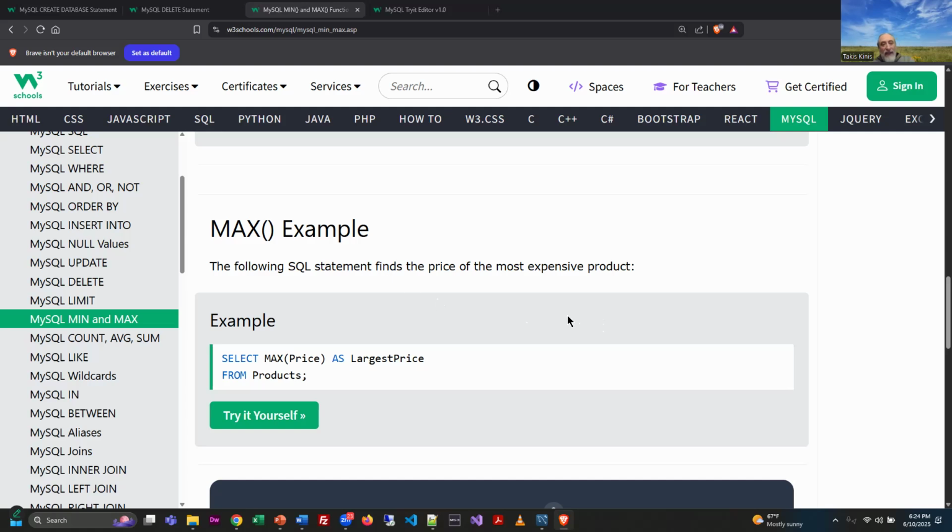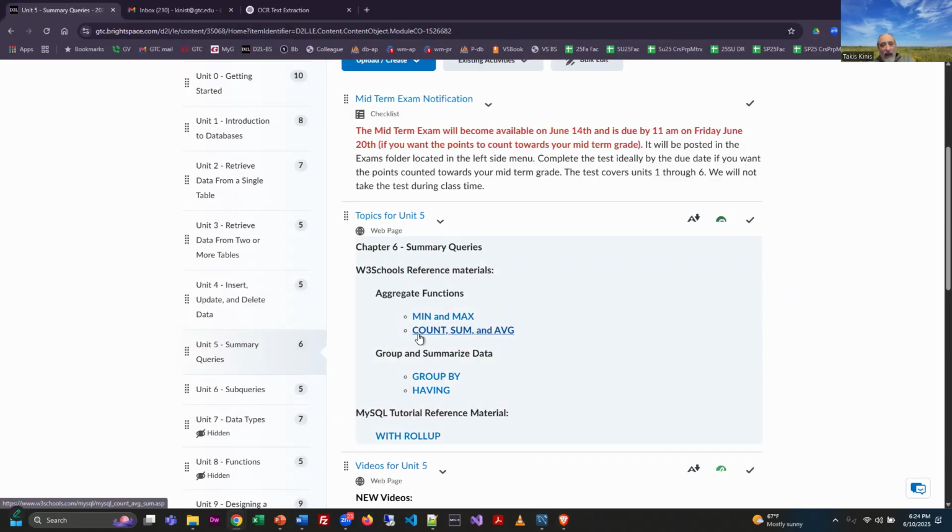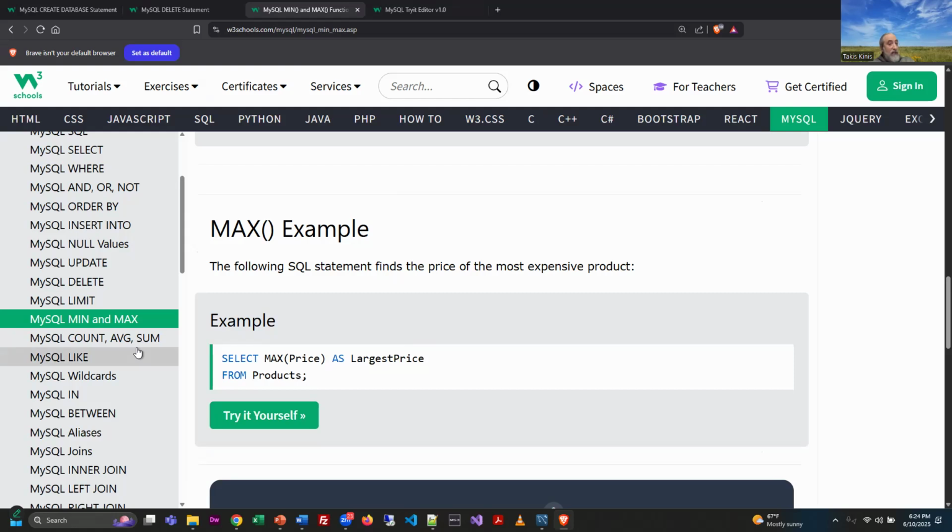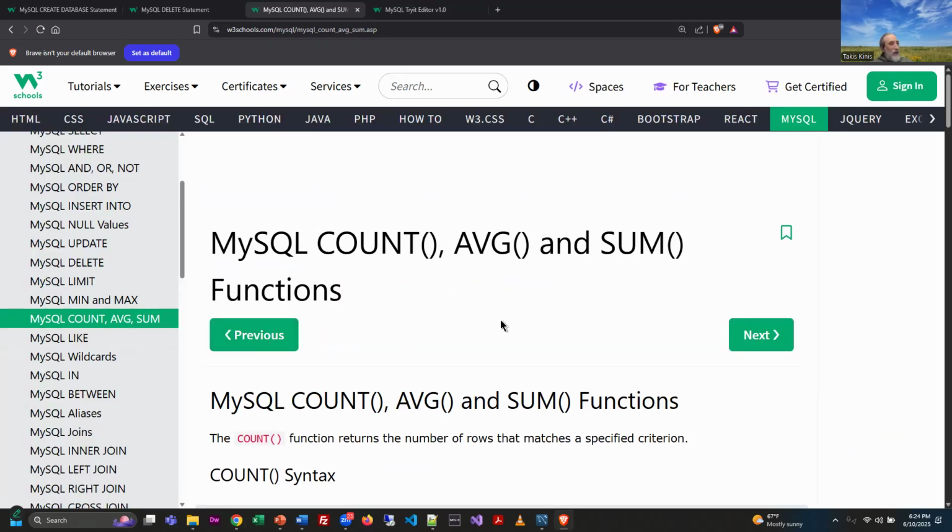All right. The next topic that we're going to look at are these three functions, also very commonly used: count, sum, and average. And it just so happens to be the next topic here at W3 Schools in the order of links. Like the max and the min function, these require that you use the keyword followed by a set of parentheses,